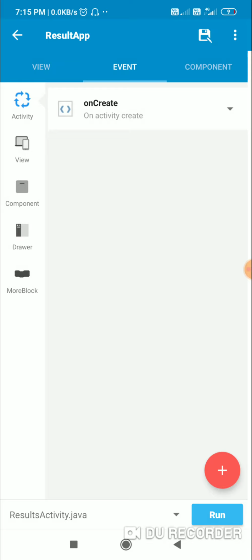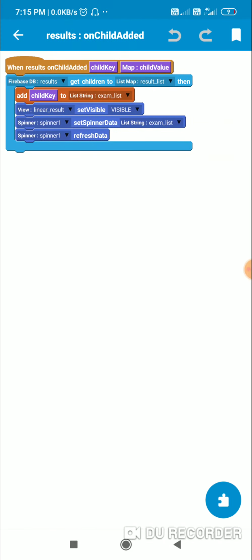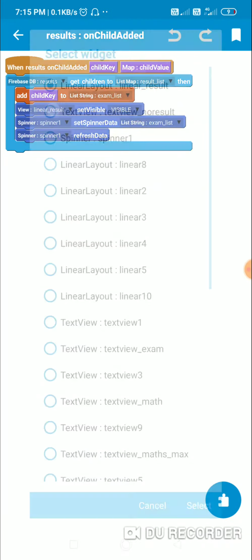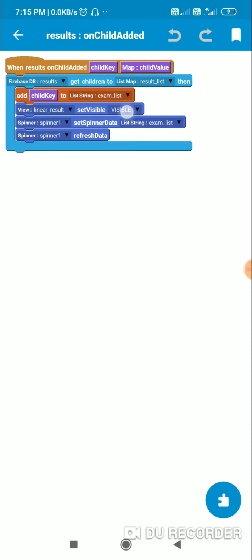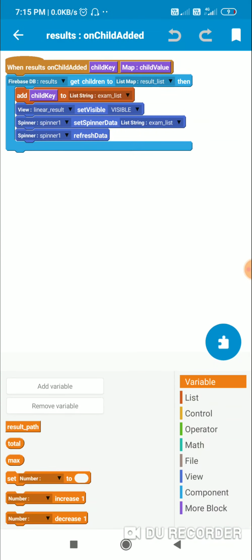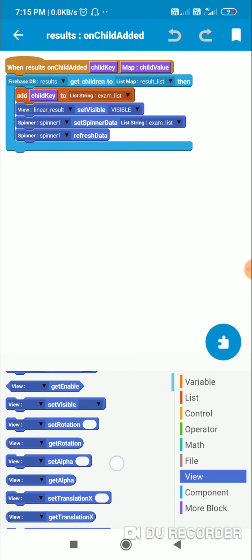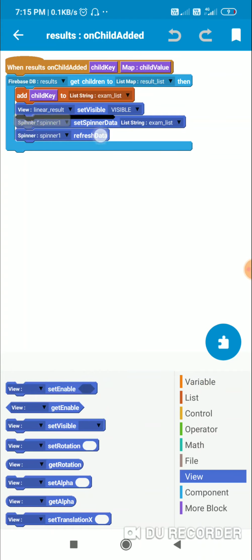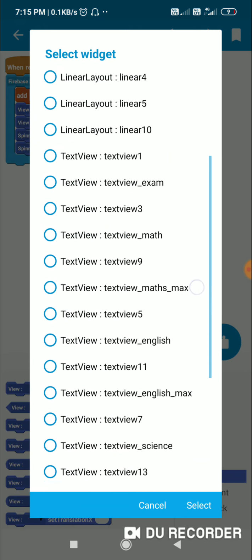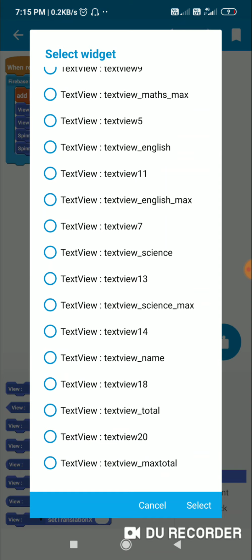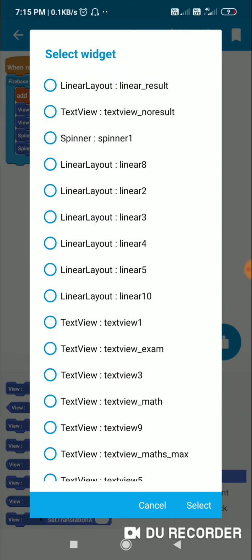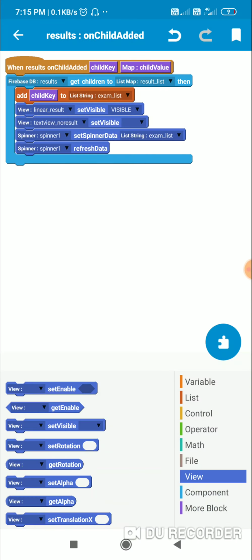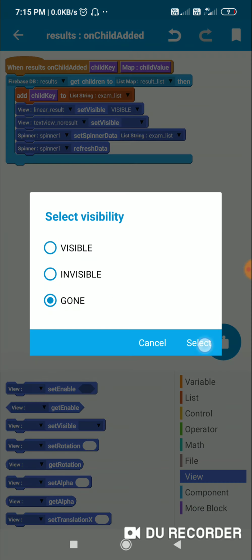And in the event on child added, I get the results to result list, I add child key to exam list, and here I make linear result visible, and I will also make text view no result gone.